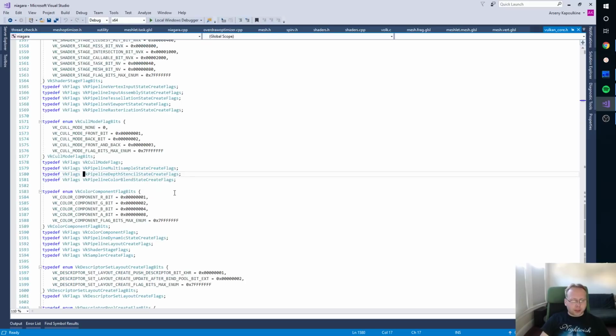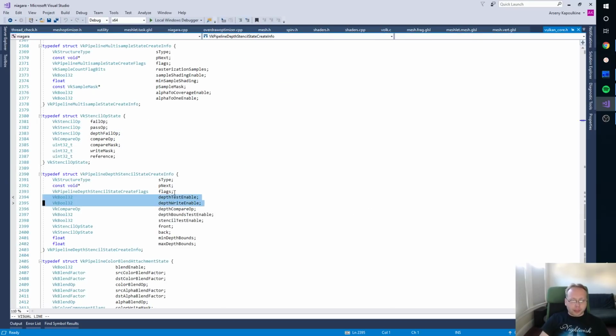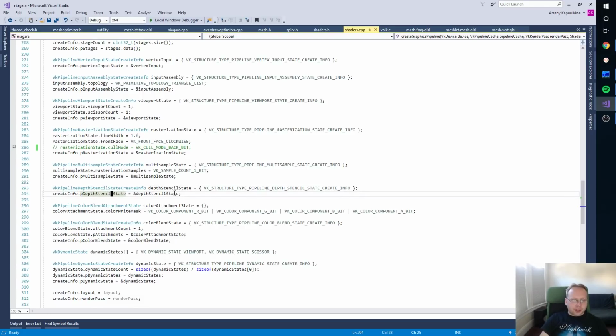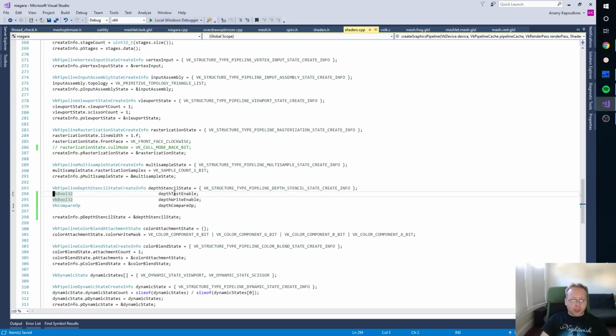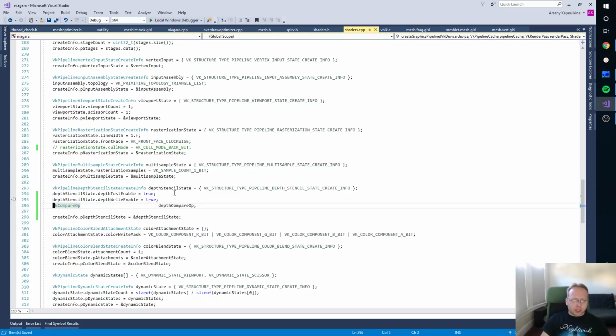What is this thing? Don't need that either. So yeah, all we want to say is that we have depth stencil. We want to enable the depth test. We want to enable writing depth values, and then we want to compare them